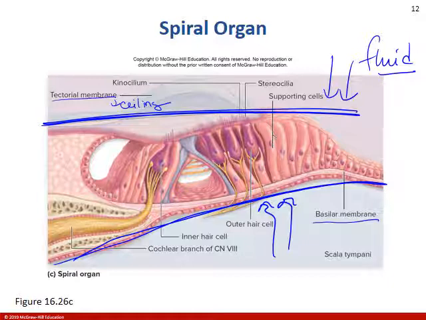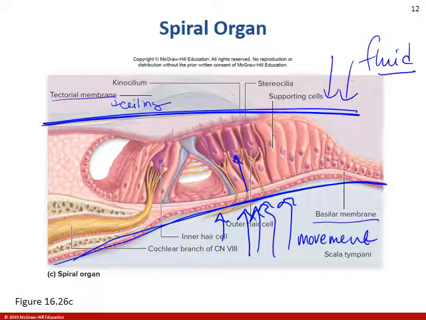I also like to think of this as like a bouncy house, except with the bouncy house, it's air, right? So what happens if somebody jumps right in front of you? It's going to push you up, right? You're going to go flying in the bouncy house. So what's happening is the fluid is moving,